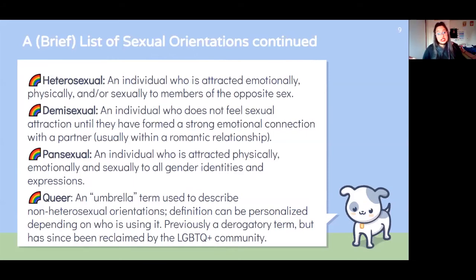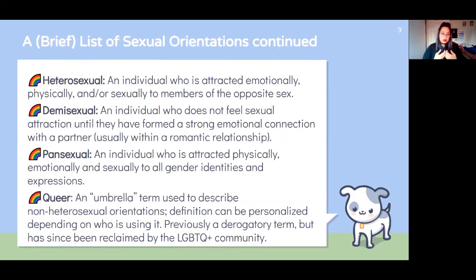Next, we have heterosexual, which is an individual who is attracted to members of the opposite sex. And then we have demisexual. This is someone who doesn't feel any sort of sexual attraction or longing for someone until they've formed a strong emotional connection with the partner, usually within a romantic relationship. So simply, demisexuals just don't feel that sort of sexual attraction to someone until they've formed a strong emotional